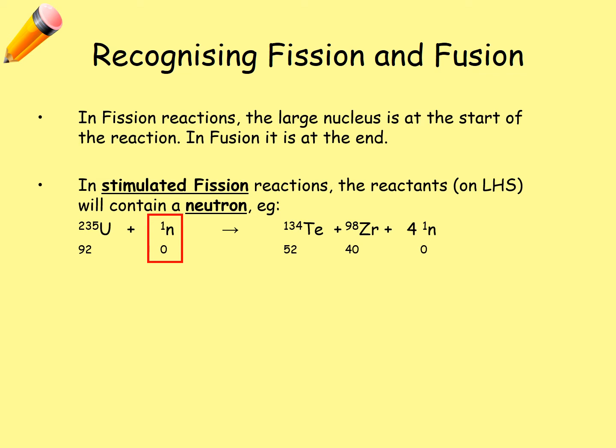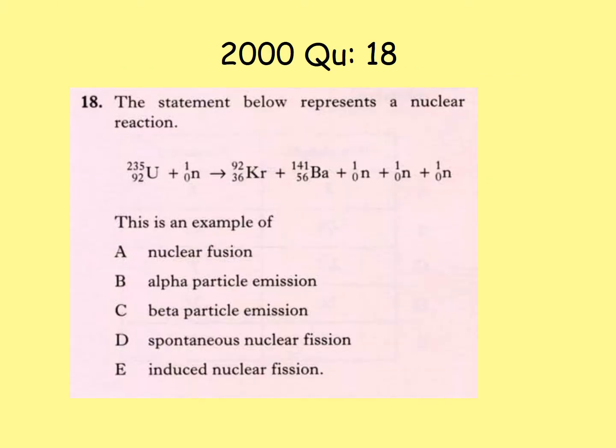Now let's have a look at some examples. Old Hire 2000 paper question 18. The statement below represents a nuclear reaction. This is very similar to the one we saw previously. You have to identify, is this an example of nuclear fusion, alpha particle emission, beta particle emission, spontaneous nuclear fission, or induced nuclear fission? Now we can see within this question that we have a large nucleus at the start